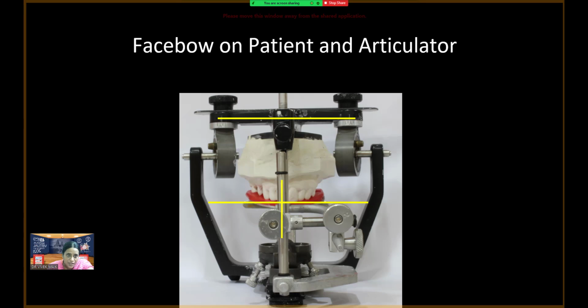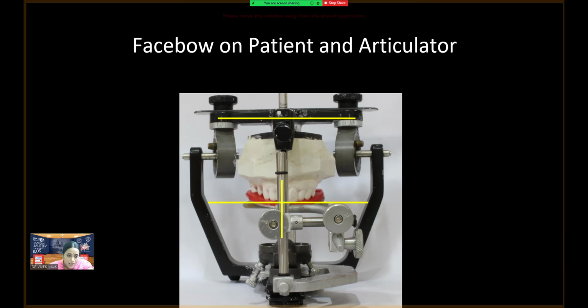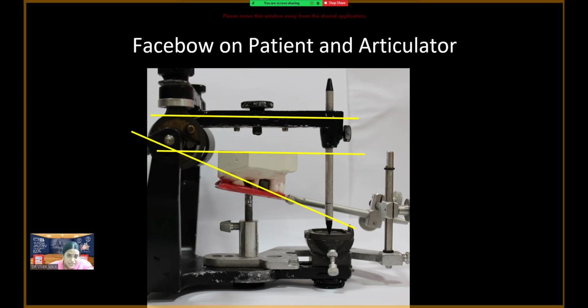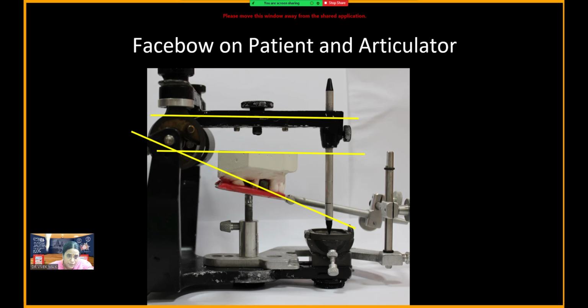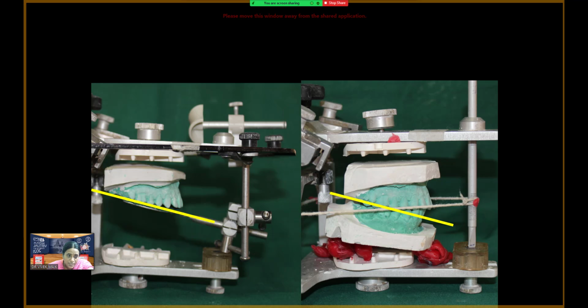This is the phase 4 of the patient. This is the phase 4 which is correlated with the condyles and the occlusal plane. This is also the Frankfurt's horizontal plane, occlusal plane, and the position of the condyle in relation to the semi-adjustable articulator. These are the different positions which are being oriented on the articulator, which includes the anterior points and the posterior points of the cast of a patient.